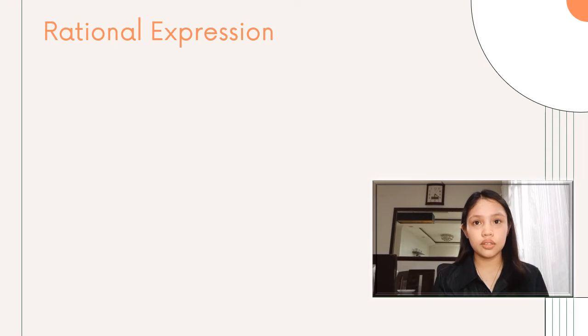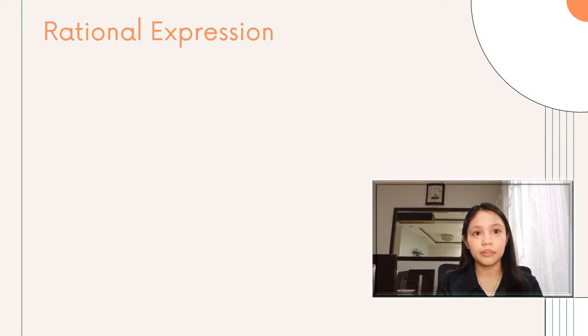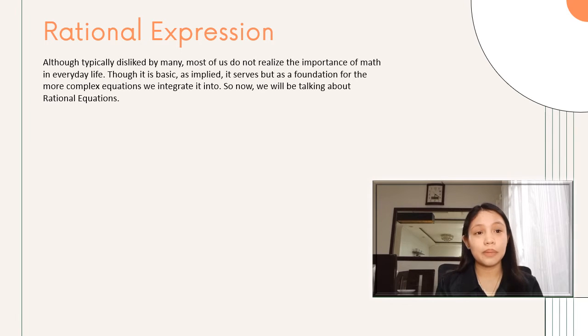Rational equations. For the most part of our high school careers, mathematics indeed would always be a subject to remember. Evaluations, square roots, you name them, they're all there. Although typically disliked by many, most of us don't realize the importance of math in everyday life. From the singular variable to the longest chains of equations, all had taken part in shaping the lives we have